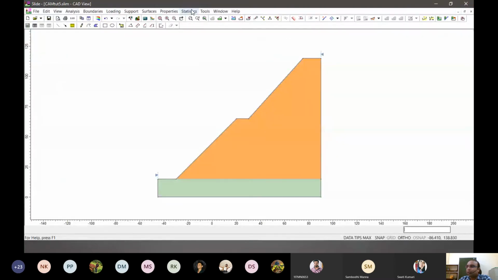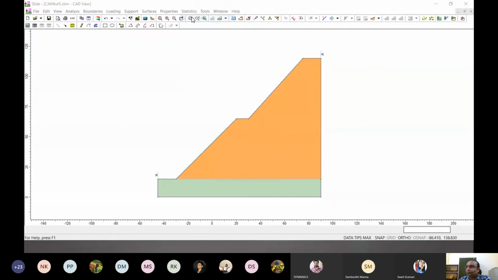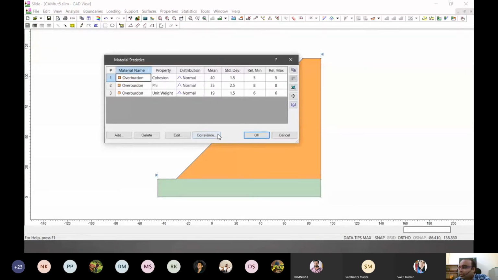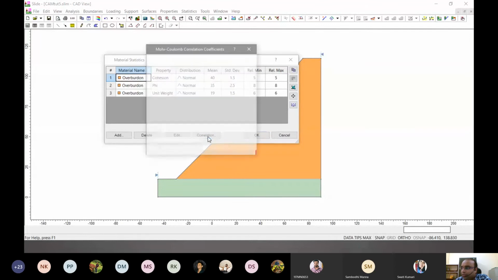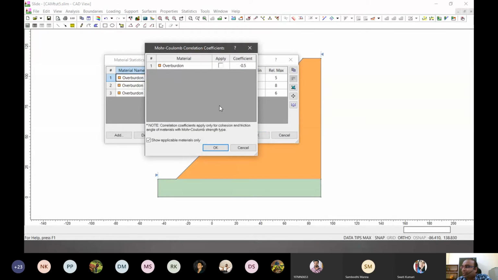In the statistical part, if we click the materials, yes, there is an option for correlation, right? And yeah, so it gives a coefficient of correlation, basically minus 0.5 if you see here. I apply that. So what it will do is, now when it generates random variables, it will have some correlation coefficient.